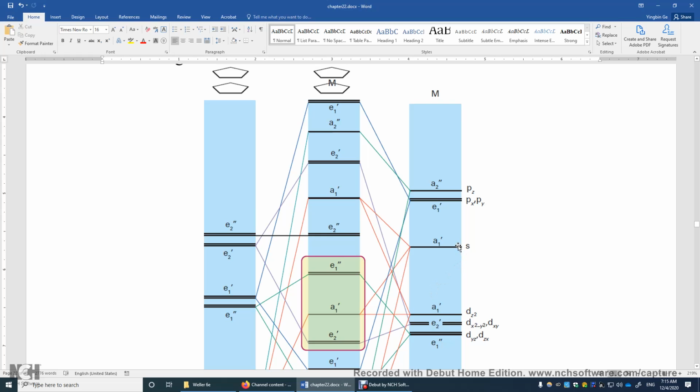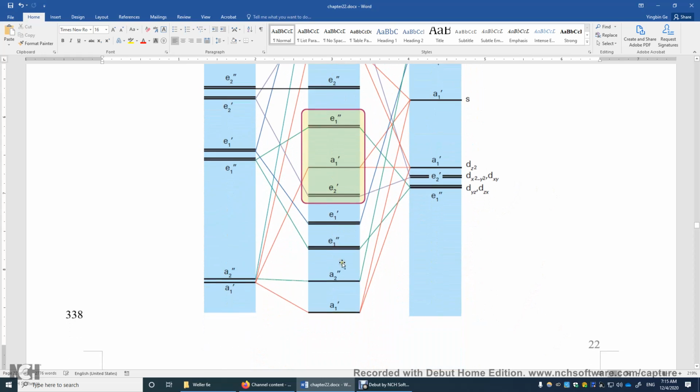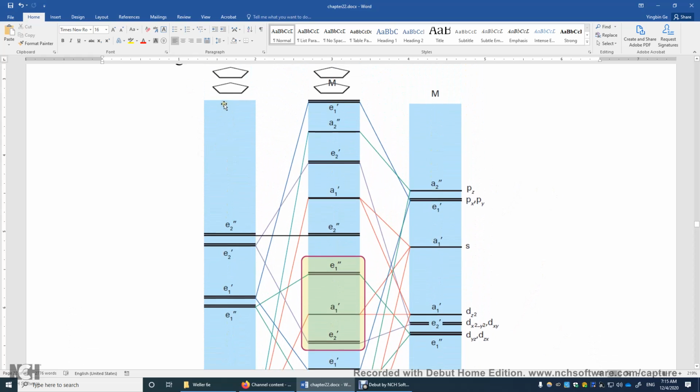This is just the 4s orbital in iron. These 3 are just the 4p orbitals in iron. So these 4p orbitals are empty. This 4s orbital is also empty. And over here, if we're talking about iron 2+, I think we have 6 d electrons coming from this iron 2+. Now let's look at this one. Let's look at this